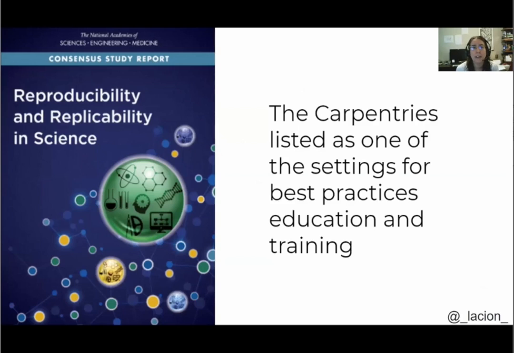The Carpentries were featured in a consensus study report by the National Academies of Science, Engineering, and Medicine last year. So the Carpentries has a nonprofit model, where main universities in North America, Europe, and other parts of the world